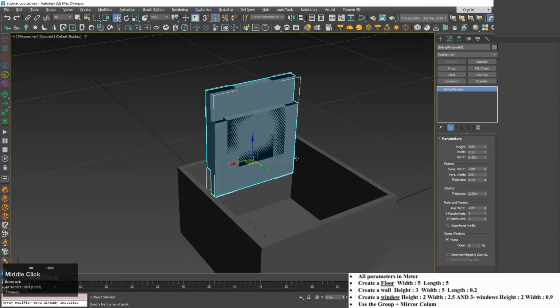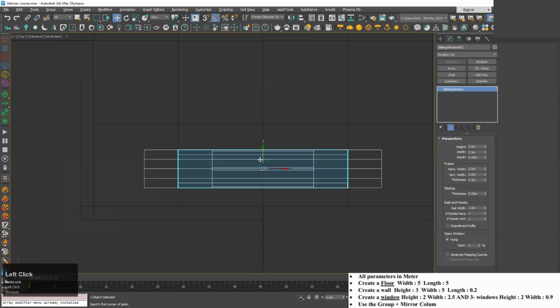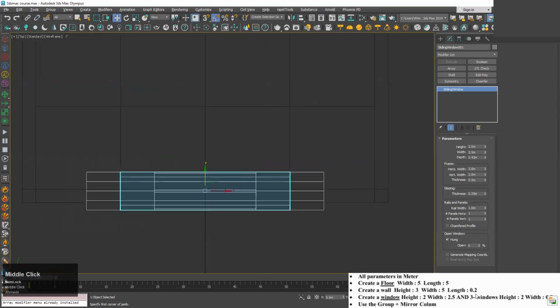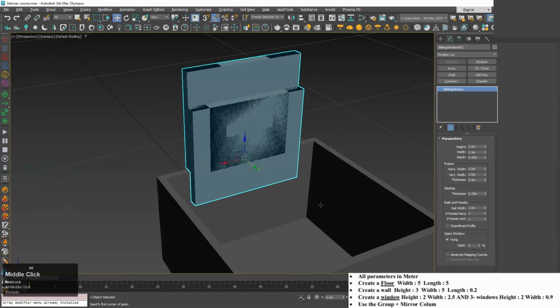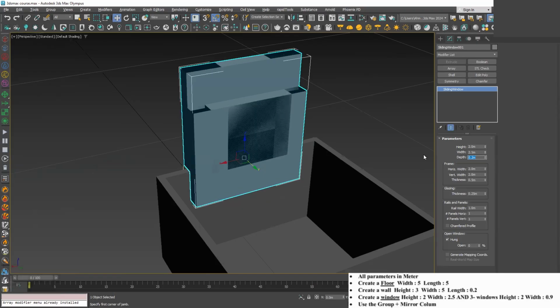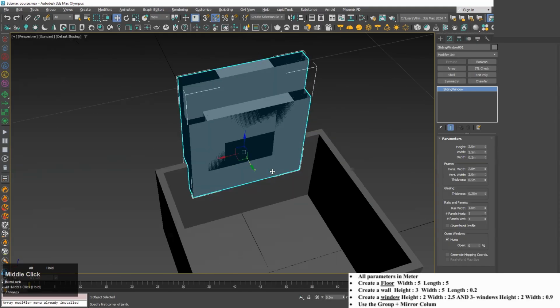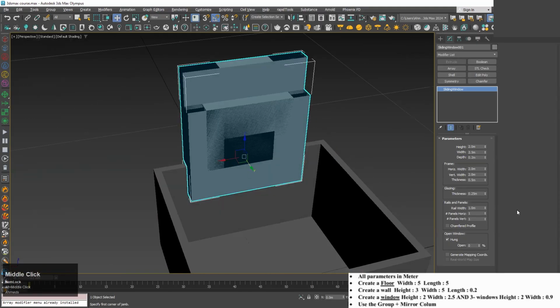the depth will be the distance we have for the wall. So the wall was 0.2 meters, so I'm going to add the depth of 0.2 meters. Right now the window is looking really bad, and that's because of our railing panels width. It is 1 meter, so that's way too large. So let's just dial it to 0.05,